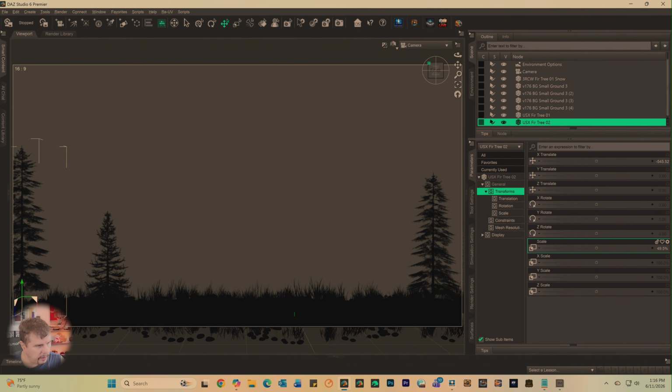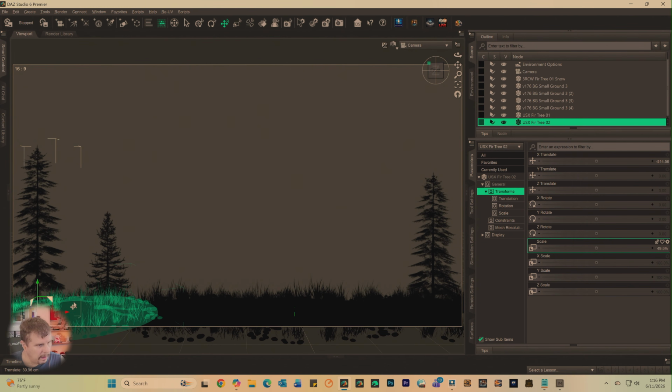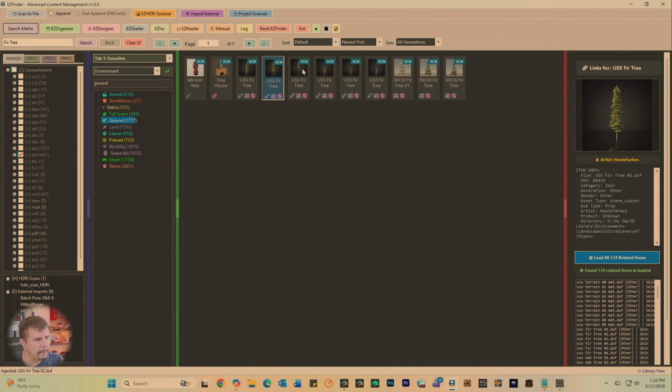All right, we'll move it over this way. All right, and we go back in here. These all look like they're different trees, inject. Maybe they have resized the same tree and I'm going to end up with a mess. These look like the tall ones, so